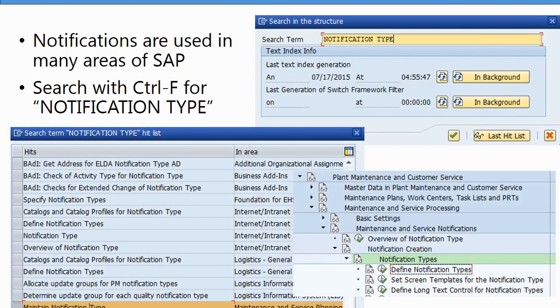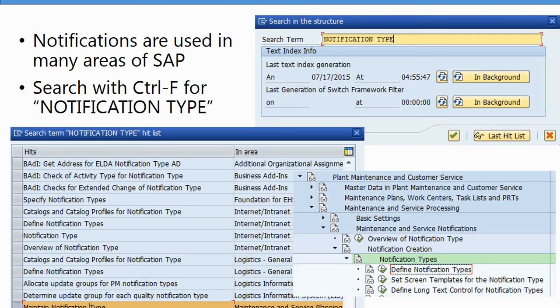The table for notification types, you can go into it through the menu path when you're in notification types to define the mapping, but you can also go into it through table edit. Now, the table is v_tq80_m, and by the way, if you're looking for this kind of thing inside the configuration in that huge list